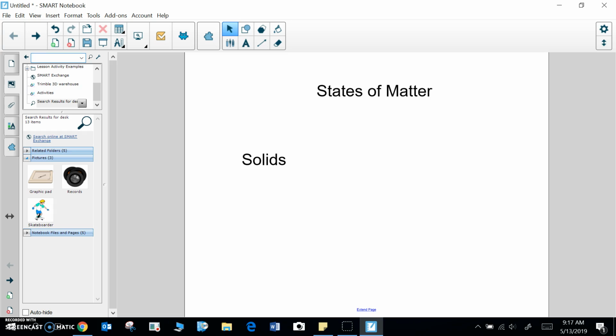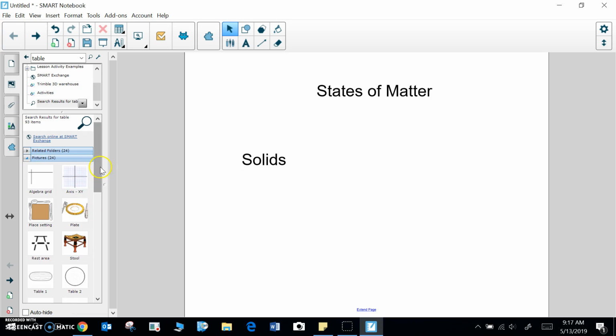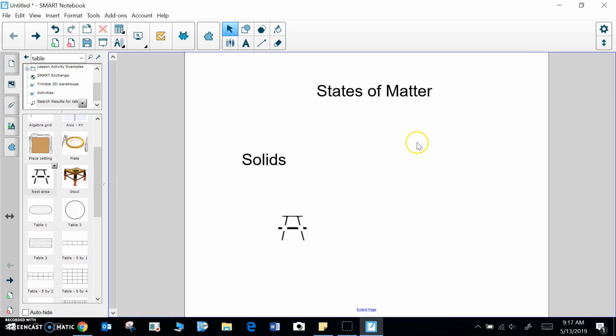Let's look for something else. Table. There we go. So I can double click on the table, bring it in here, so there's a solid,